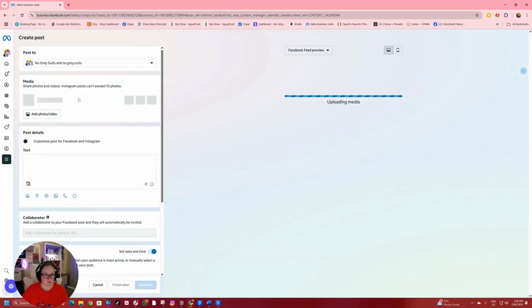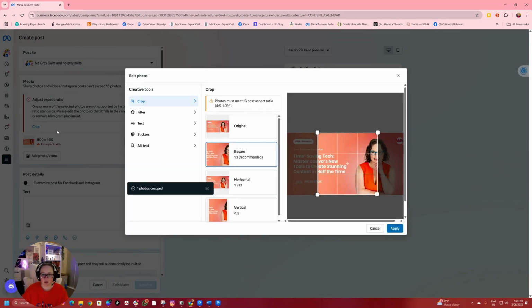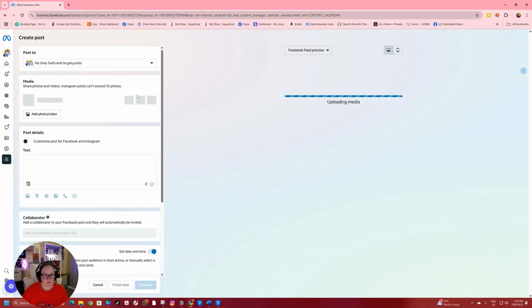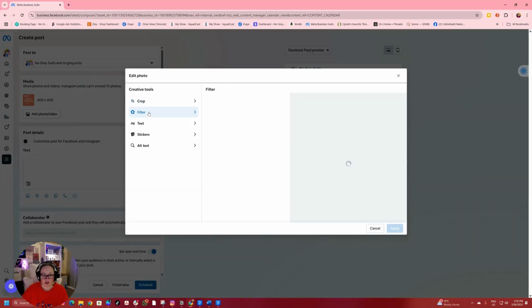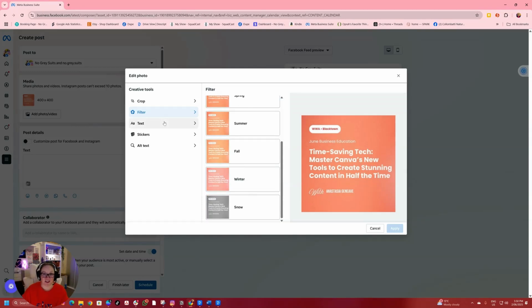So I'm just going to, there we go. Now you can do a little bit of editing because this one here was outside of the ratio they like. It's automatically pulled me into the editing section where you can crop. So I might go like that. You can crop it to any of those sizes. You can add a filter. It's got basic old filters. So if you're used to the new filters,